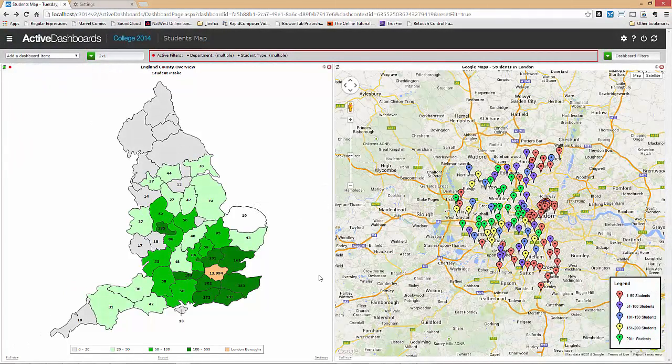Hello, today we're going to look at the Active Dashboards add-on for Google Maps, which allows you to embed Google Maps within a chart item. We're going to show you how with our own maps you can drill down to a Google map and then to another item. And here we've got a top level Google map where we're using different coloured icons to display